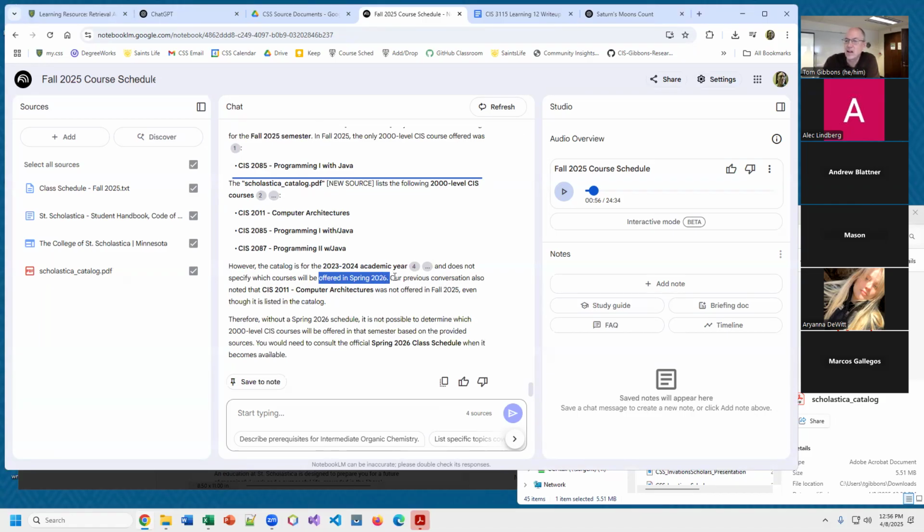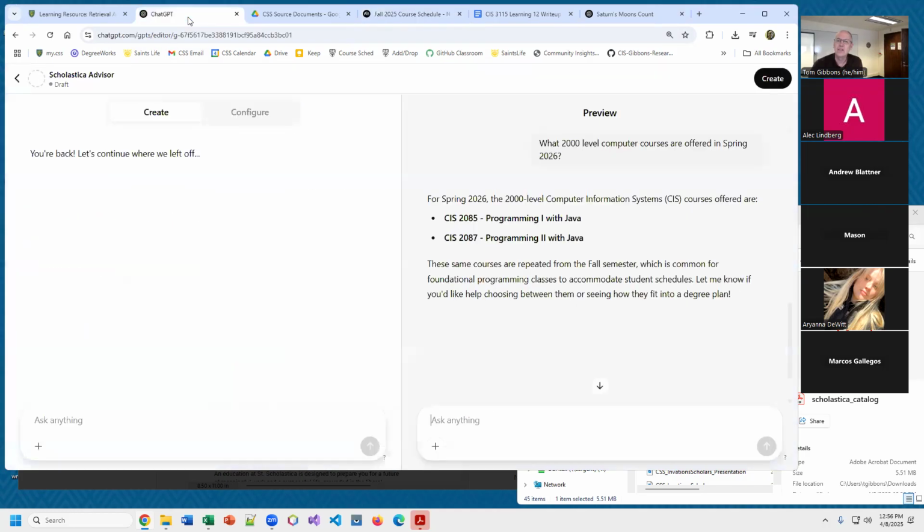It noted previously that 2011 was not offered in the fall, even though it's listed in the catalog. So it's guessing that 2011 is going to be offered in the spring, but it doesn't know. I think it does a pretty good job. It's guessing, but it's telling me it's guessing, and it's guessing correctly. So I think Notebook LM is doing a little better job than